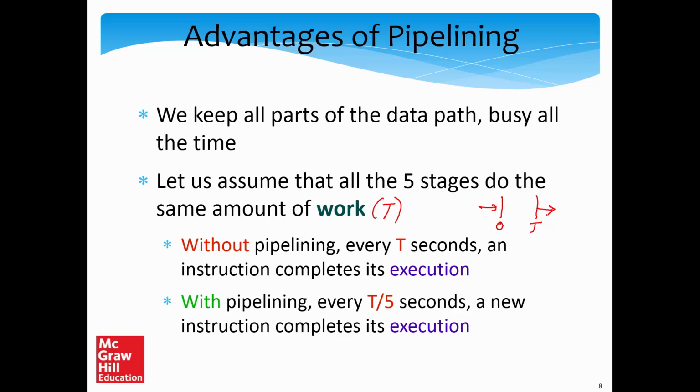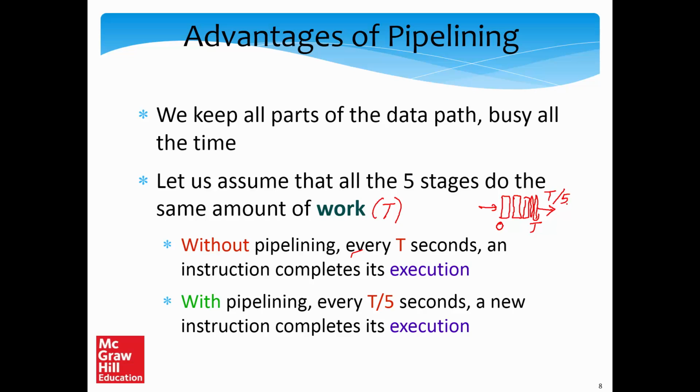With pipelining, we have broken down this circuit into 5 parts: part 1, part 2, part 3, part 4, and part 5. So we see that in every T by 5 seconds,